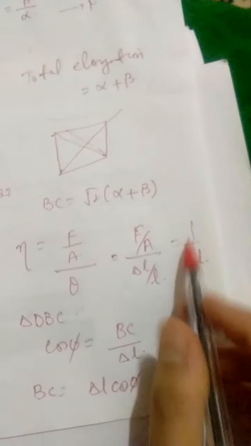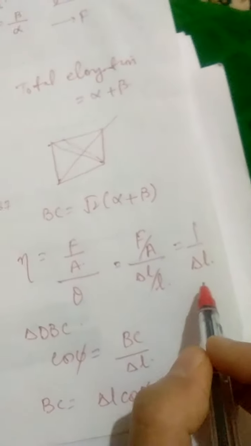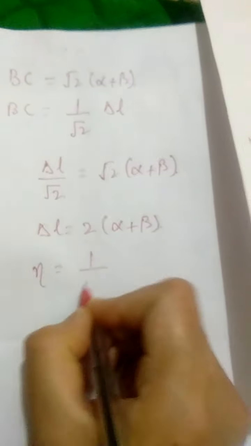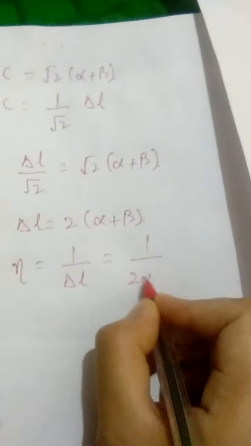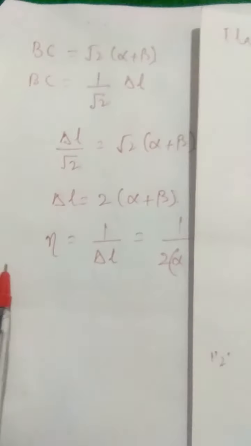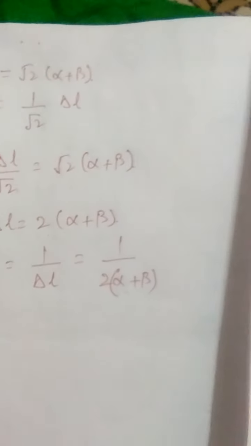And in the beginning we have found that this modulus of rigidity just reduces to 1 by delta L because we have chosen all other parameters as unity. So it reduces to 1 by delta L, and we have already found the value of that delta L. So modulus of rigidity is the reciprocal of this, and it is 1 by twice alpha plus beta. Therefore, we have obtained all the three elastic constants, Young's modulus, bulk modulus, and modulus of rigidity in terms of alpha and beta. So this is a big deal. Once we have done that, it's quite easy for anybody to establish the relation between the constants.